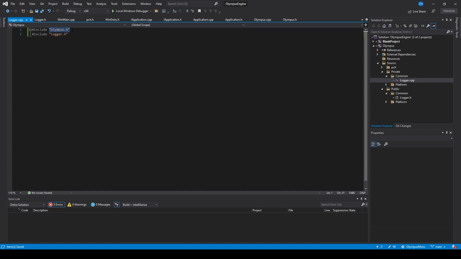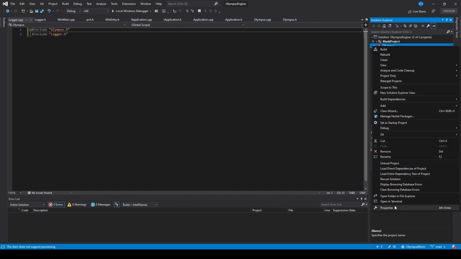Now, one thing that I'd just like to point out here is if we come back to our Olympus file and we come here, if we look at this include file, we're going to see that we're still pointing to our episode 3 folder, but we're on episode 4. That's because when we set this up in the last episode, we set it to be a very specific route. We didn't make it generic. So let's go and change that now,